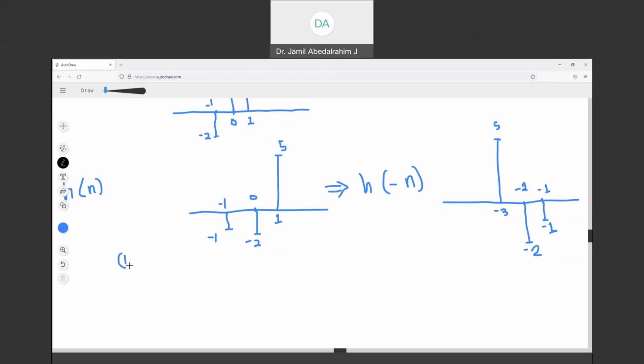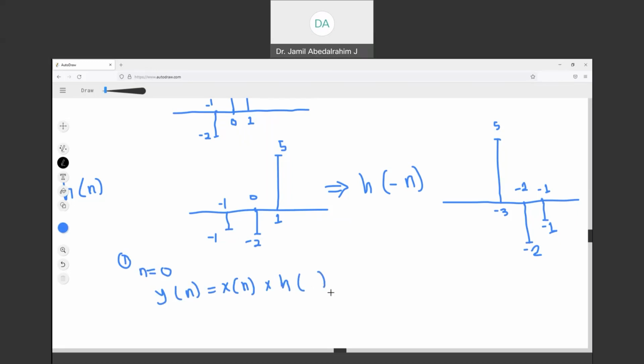Let's say first step, when n equals 0, y of n equals x of n multiply h of